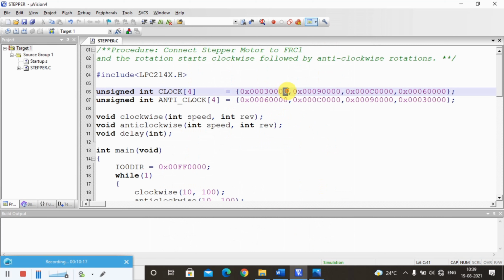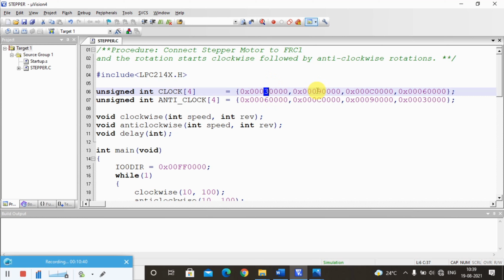So this 0 we got in 0 to 3, 0, 1, 2, 3. Next 4, 5, 6, 7, 8, 9, 10, 11, 12, 13, 14, 15. Now it is 16, 17, 18, 19. So in 16, 17, 18, 19, I am putting 0, 0, 1, 1. Are you getting my point? Okay, 0, 0, 1, 1. So 3. Rest all are 0.